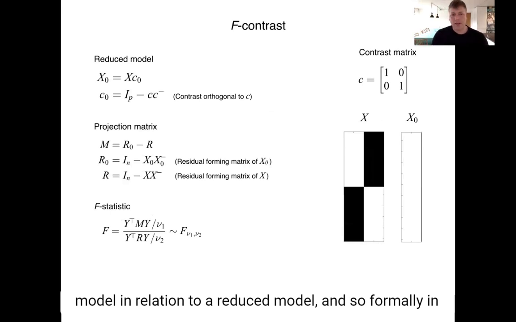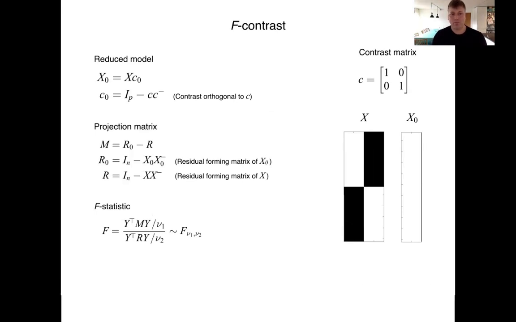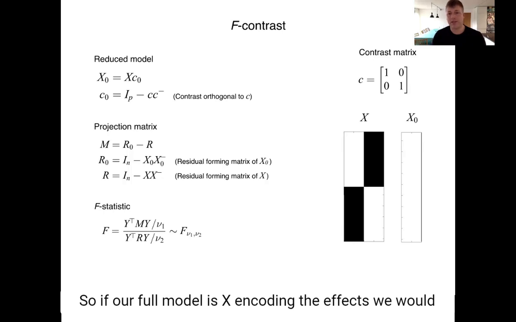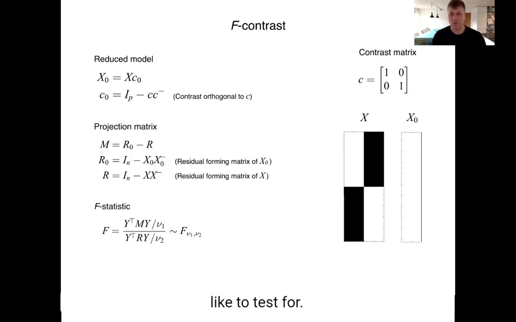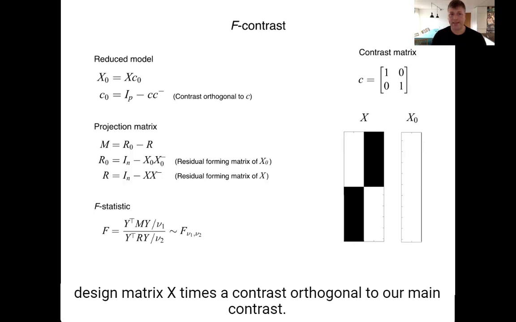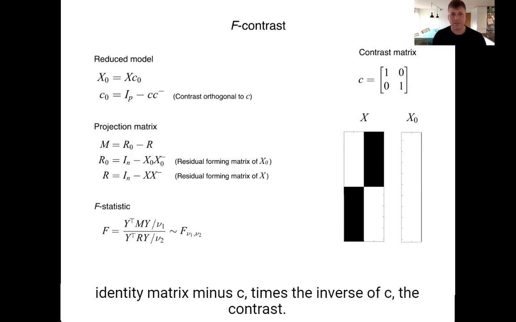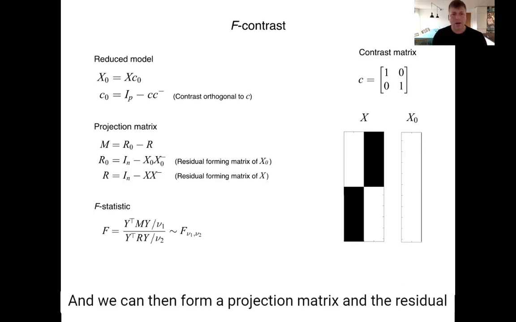And so formally in the GLM, the way this is done is in terms of a reduced model. So if our full model is X, encoding the effects we would like to test for, so this could be 2 groups of subjects, we could formulate a reduced model which is given by the design matrix X times a contrast orthogonal to our main contrast. And this orthogonal contrast is given here in terms of the identity matrix minus C times the inverse of C, of the contrast. And we can then form